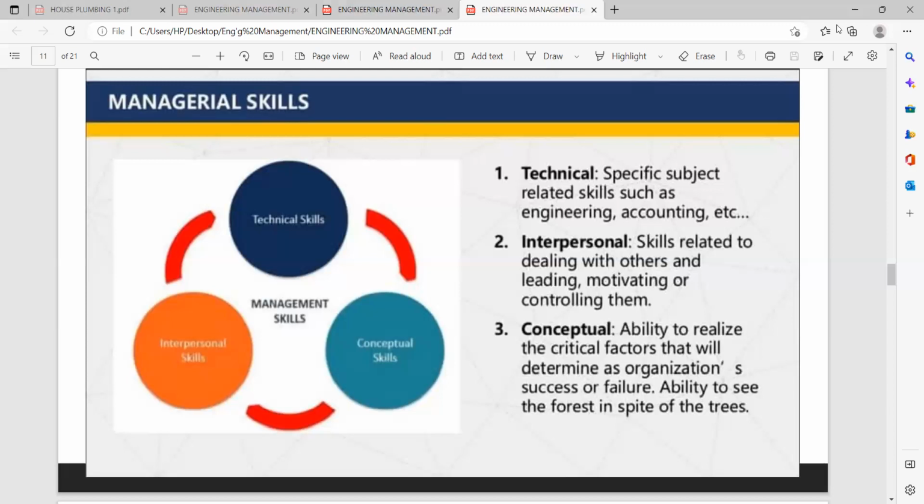So again, technical skills are specific subject-related skills such as engineering, accounting, etc. Interpersonal skills are skills related to dealing with others and leading, motivating, or controlling them. And then the third, conceptual: the ability to realize the critical factors that will determine an organization's success or failure. It is the ability to see the forest in spite of the trees, or the ability to foresee, to overthink, and